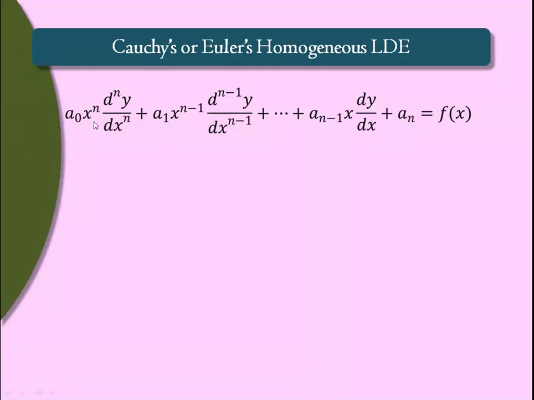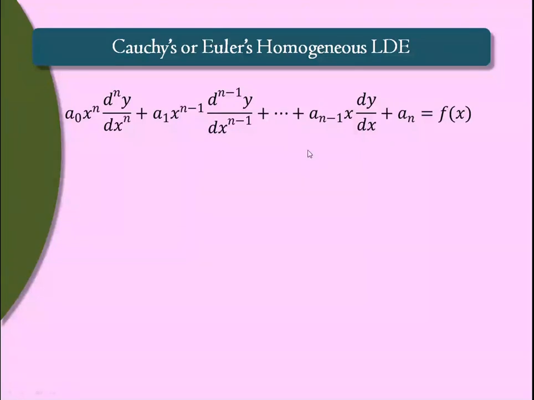Now, what change in Legendre's equation gives us this? You can just put a equal to 1 and b equal to 0. In ax plus b, if we put a equal to 1 and b equal to 0, it gives us x. So you can consider Cauchy's equation as a special case of Legendre's equation. How is it a special case? In Legendre's, just put a equal to 1 and b equal to 0. By that, ax plus b becomes x, and it gives us this equation.